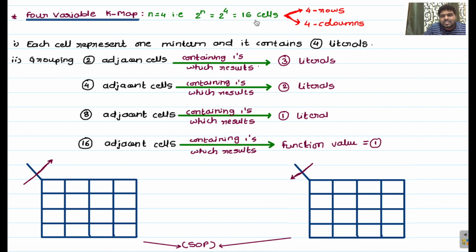So this 16 is an equally divided number, right? So the n rows and n columns statement is valid for this 4 variable K-map. So n rows and n columns where n equals 4, that means 4 rows and 4 columns are possible. Okay, so this is about the 4 variable K-map, and the first statement is each cell represents one min term and